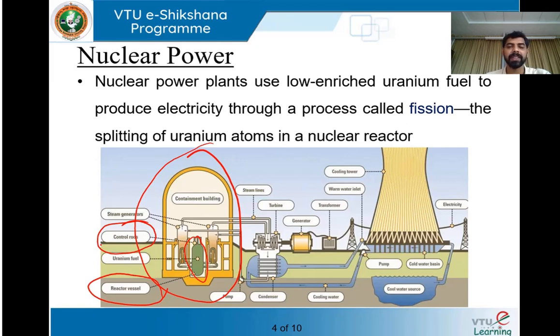Inside this, as you know, nuclear fuels are very dangerous because they emit radiation which is very harmful to human beings and to everyone in general. Therefore this fission reaction has to take place in a closed container. That's the reason we call it a containment building, so that there is no leakage of any radiation out of this fission reaction.